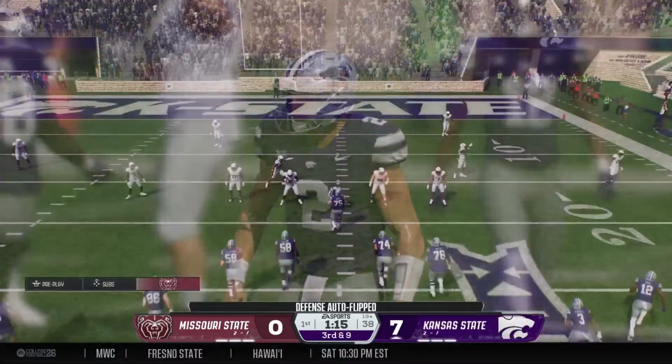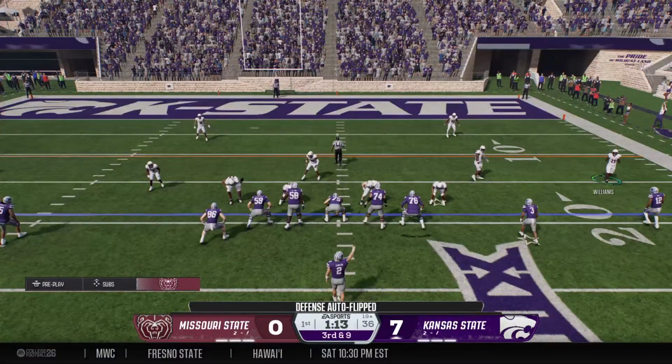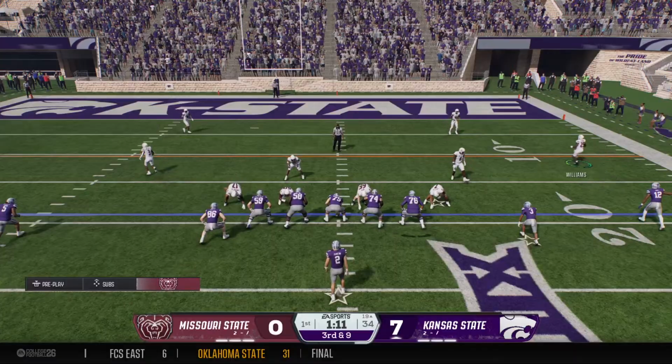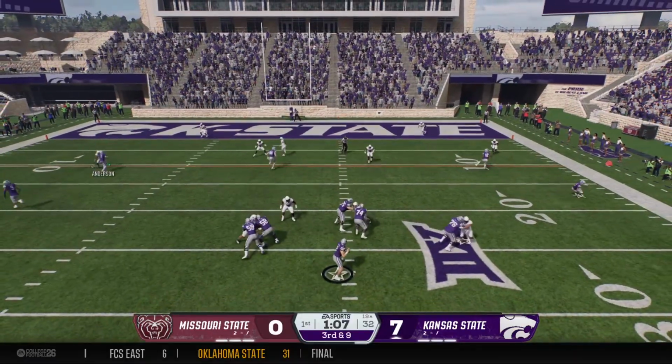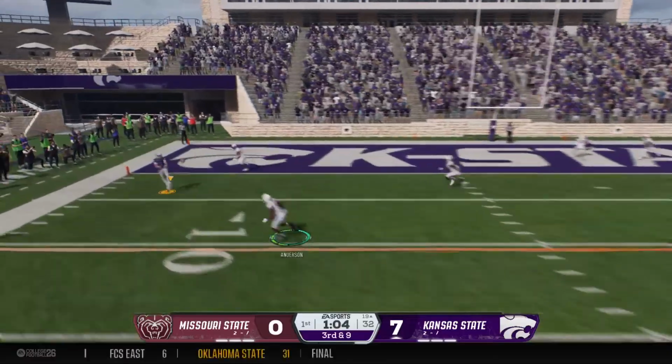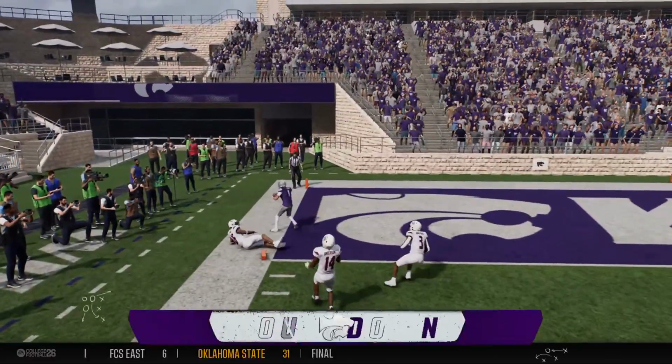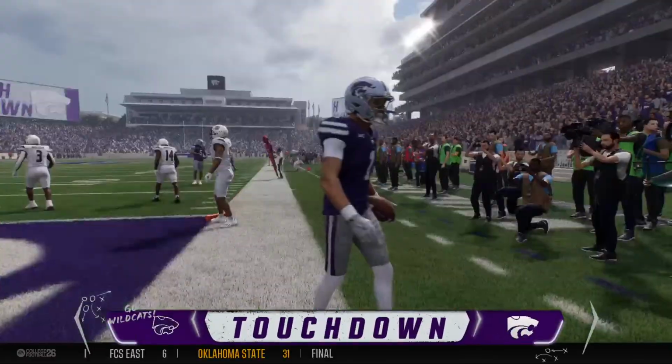You want to bring in your tight ends? You want to bring in more beef for that offensive line? I'm going to bring in more beef. Nice job by the defense understanding the situation. Red zone, field shrinks. I need more bigger personnel on the field. And he motors into the end zone.